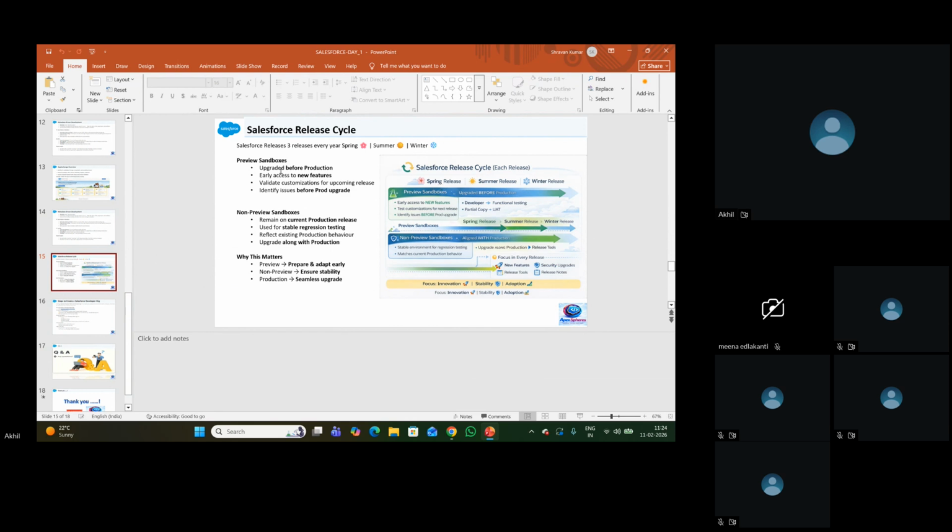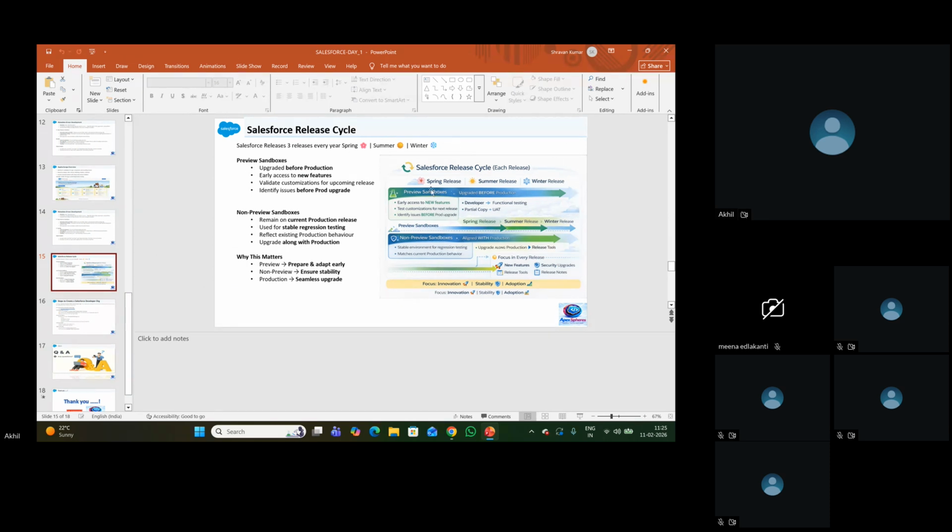As I said, in order to sustain in today's market, we need to upgrade ourselves day by day. So Salesforce works every day on their enhancements. We are using Salesforce, but Salesforce is building an environment where the users, the developers, or the admins of Salesforce can do their development very easily. So they'll work on releases. Spring, summer, winter: 3 releases we'll have.